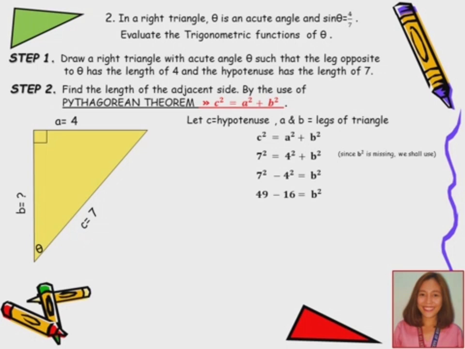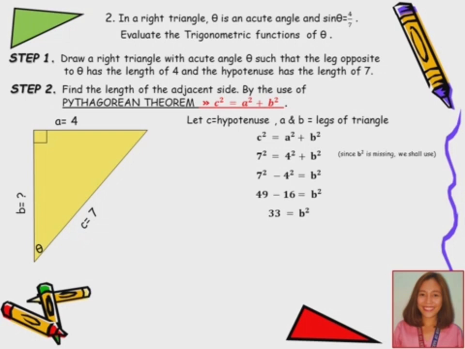Then we continue with our operation. So 49 minus 16 is 33. So therefore, we have 33 equals b squared. Now, we are only looking for the value of b alone. So what shall we do in this case? What do we do in order to find the value of our b? We are going to